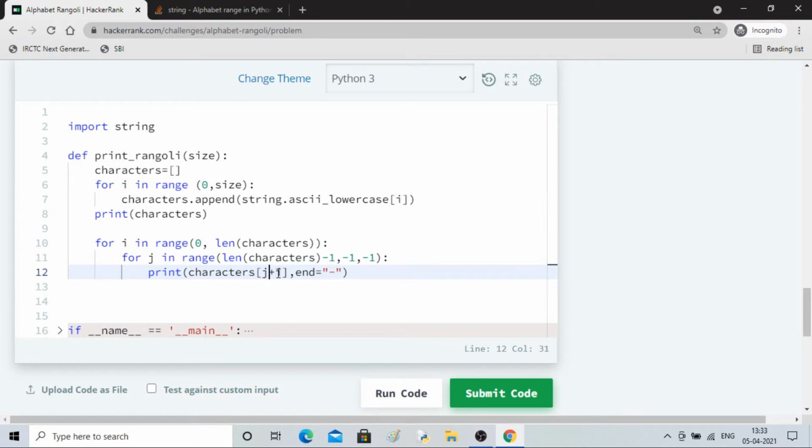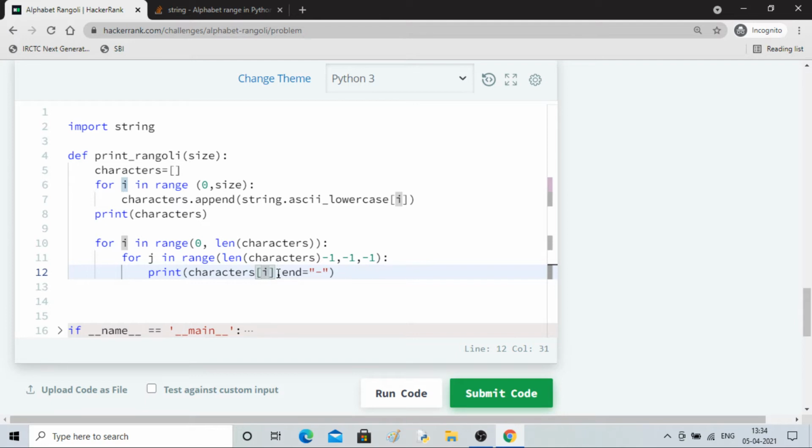So i plus j is getting e, j values plus minus j. So characters, it will put a, b, e. If I put j, it will go like e, b.